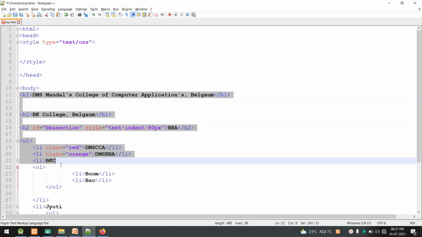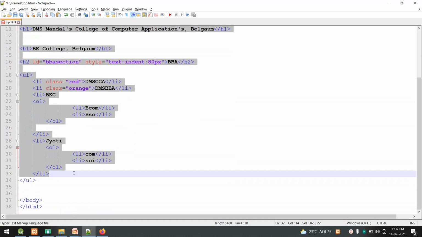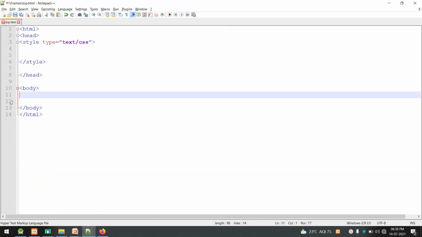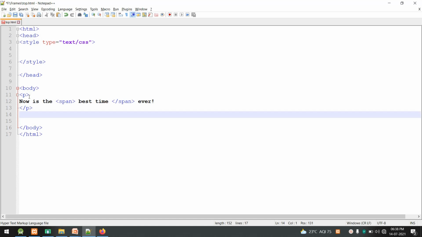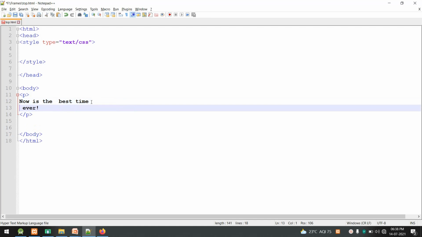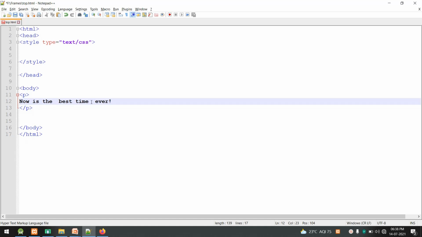I'll add new content, only one paragraph tag, and remove the span from here. So we have only one paragraph tag, and its content is "now is the best time ever".